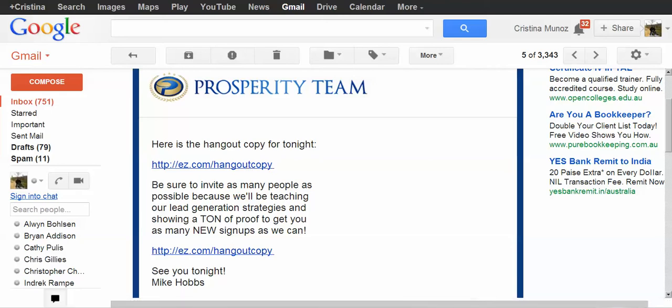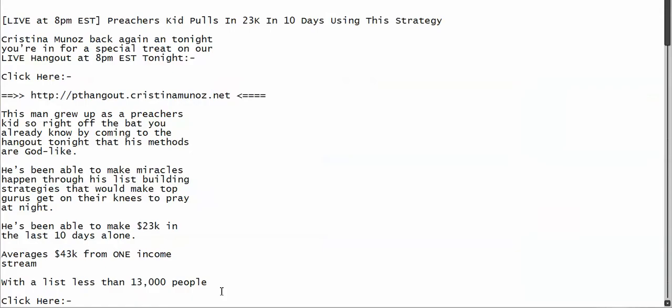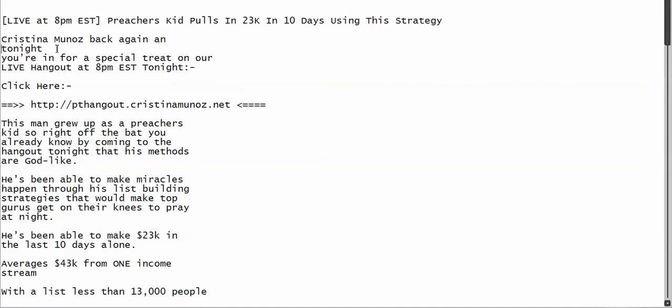So what I've done, see here, I get my notepad, okay, and I've just gone ahead and copied and pasted the actual swipe email copy and put it in my notepad. And I've made it pretty, you know, I've personalized it for me, you know. So what you want to do is take the email swipe copy, but pretty much adjust it to suit you. So I'm going here, I've got it here.